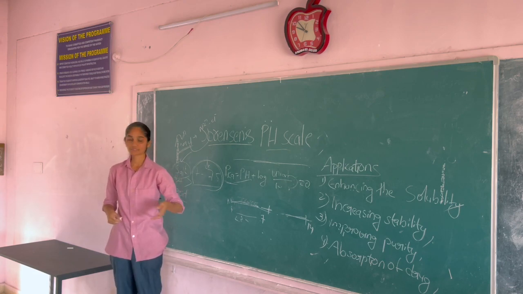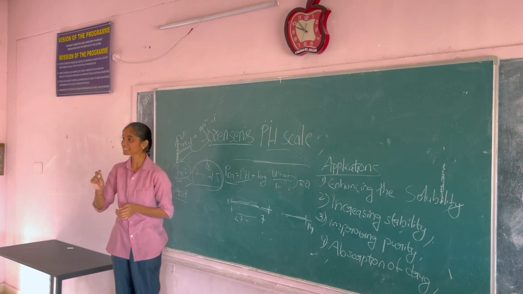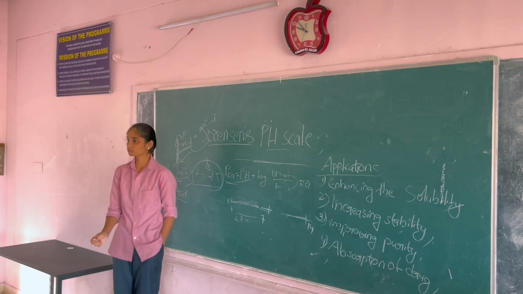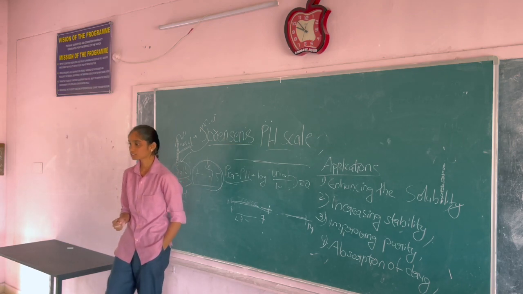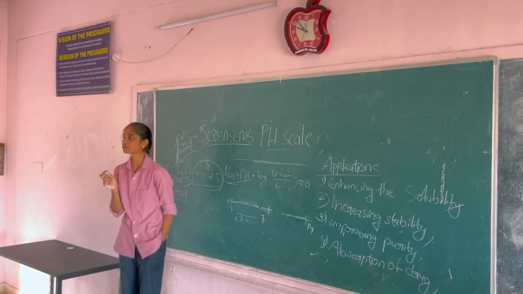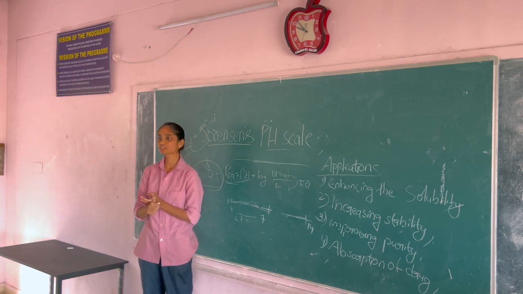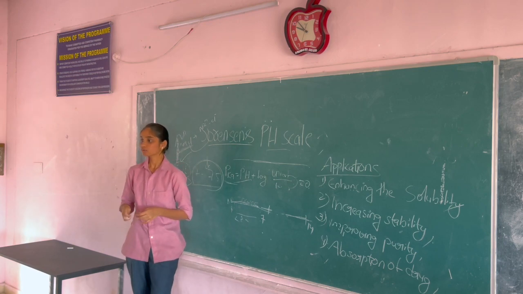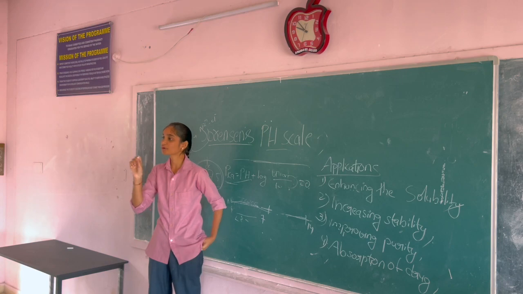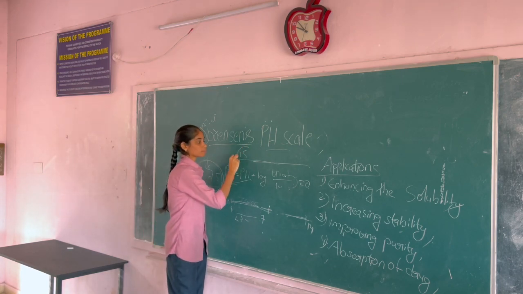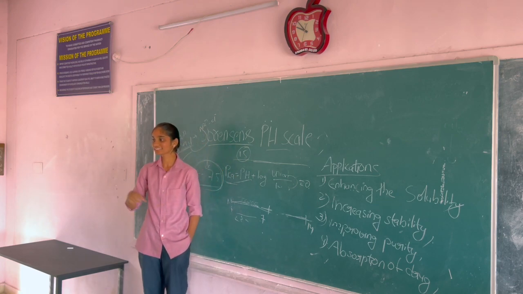If we take an enzyme like pepsin, what is the function of the pepsin enzyme? To break down proteins. The pepsin enzyme is going to break down the proteins which we have taken in our diet. Pepsin shows its reactivity when the pH is 1.5, that is, in the stomach.